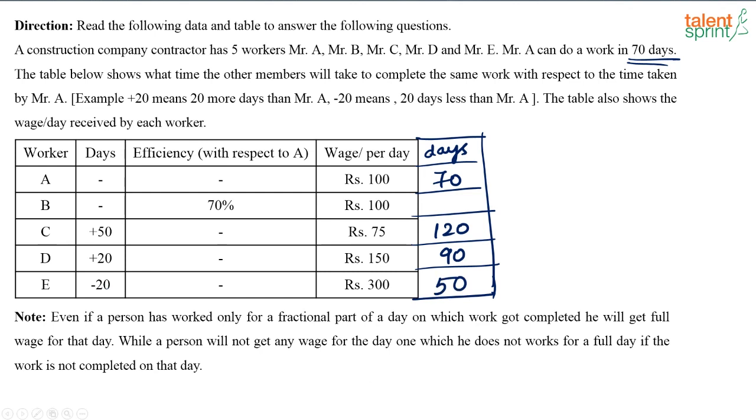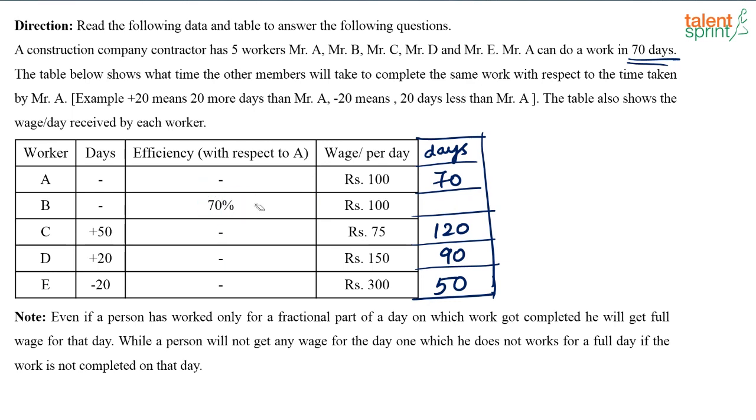So this is the first thing that you need to know based on what is given here, right? This plus 50 says that C takes 50 days more than A. Similarly, minus 20 means that E takes 20 days less than A to finish the work. So here we have got the number of days that is taken by the remaining people, right? C, D and E. Now we have to find out the number of days taken by